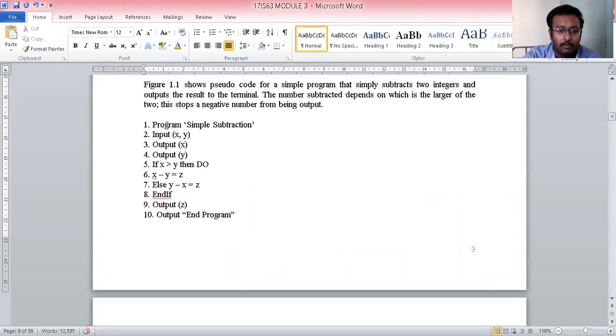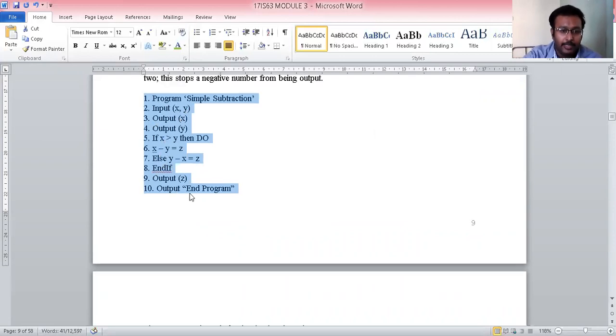Now going to this program, here is a simple subtraction program, where it has two variables x and y. If the value of x is greater than y, we subtract y from x, otherwise we subtract x from y, put the answer in variable z and end the program.